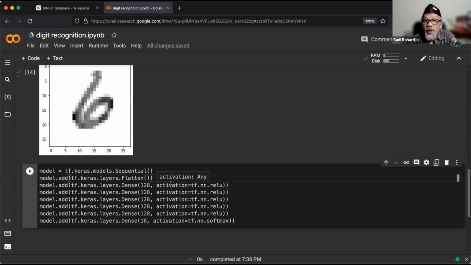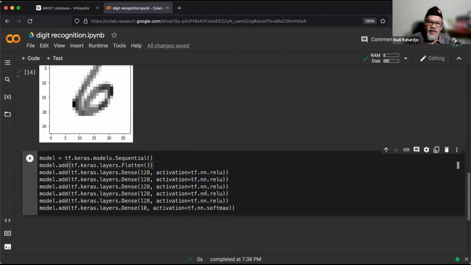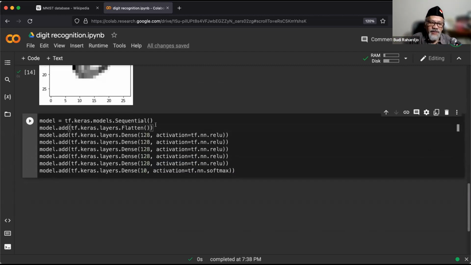We can create complex things, but this is the easiest way to do it, and then let Keras deal with it. So in the first line I'm saying, hey Keras, I want to create an object. I call it model, and it's going to be sequential.